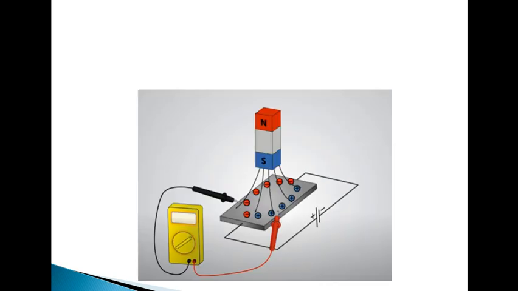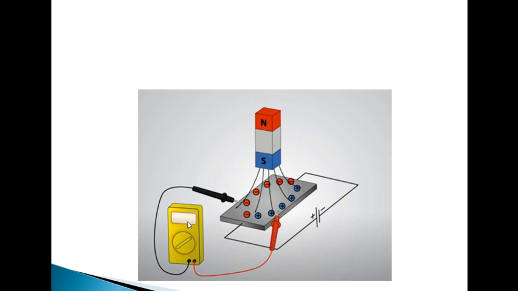So what happens when we take this magnet and move it towards this current carrying conductor? Due to this magnetic field, there will be a generation of charge carriers. These are the positive charge carriers and these are the negative charge carriers, so we can say these are the holes and these are the electrons. There is accumulation of holes towards this side, and accumulation of electrons towards this side.